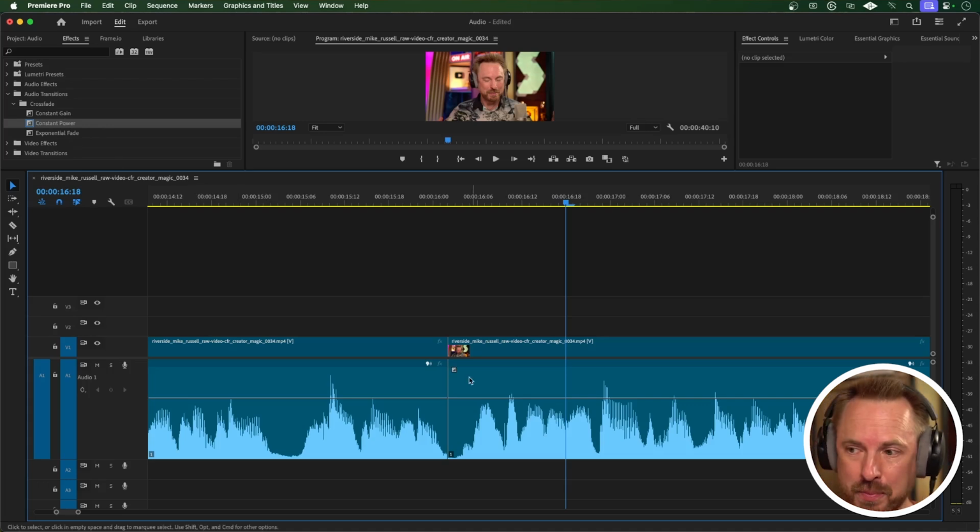Now, by default, when we move this box here, constant power is what we get. That's the default that's baked into Premiere. That's what you'll get whenever you're making edits and crossfades. And you'll also be pleased to know that's generally what we want to be using most of the time, because constant power is a great one for doing edits and crossfades and quick transitions. So if we're editing speech or we're editing music and making a cut at a beat, constant power is what